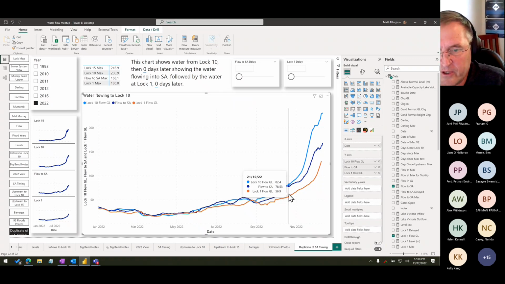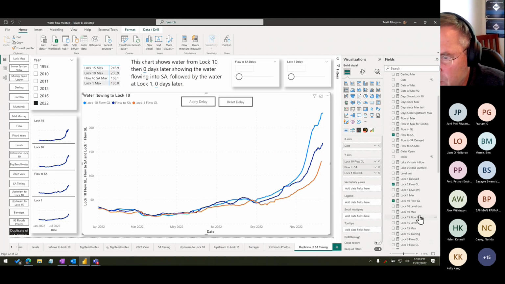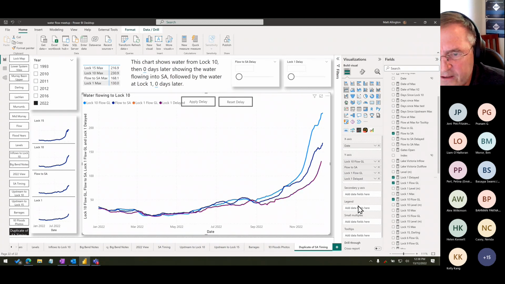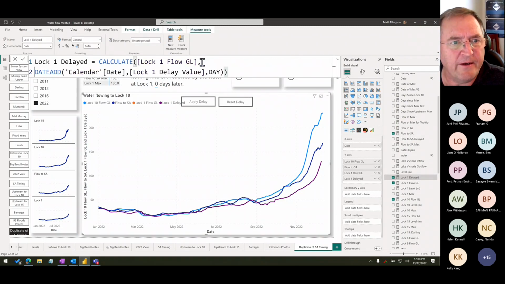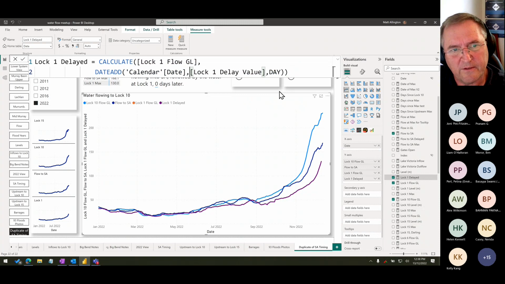And so what I want to do, if I want to move one of these lines left or right, then it's effectively a form of time intelligence. And so I've got a measure here called lock one delayed, and I'll show you this formula. And it's just a time intelligence calculation. So the way it works is,